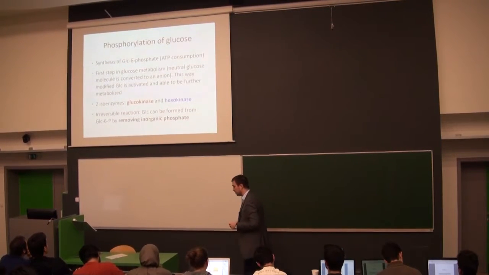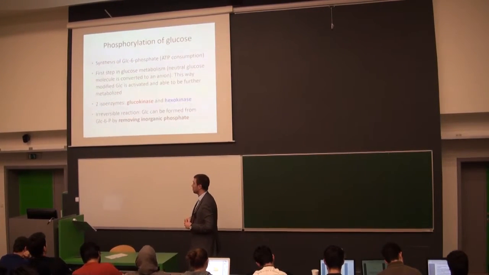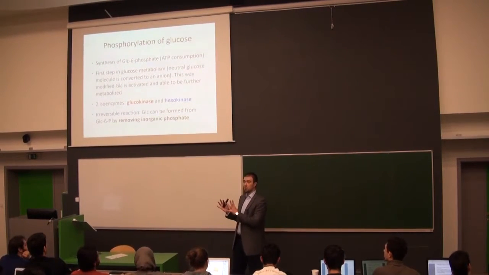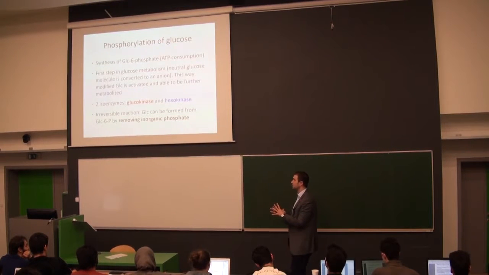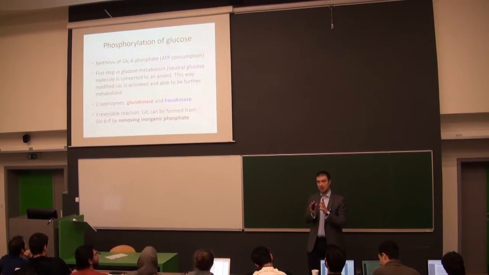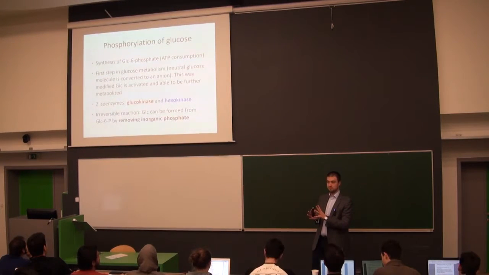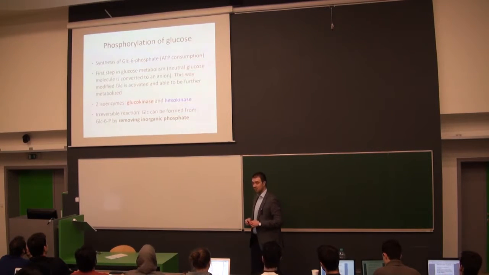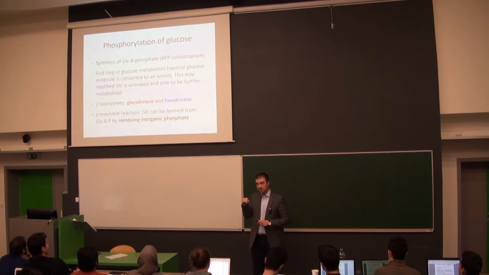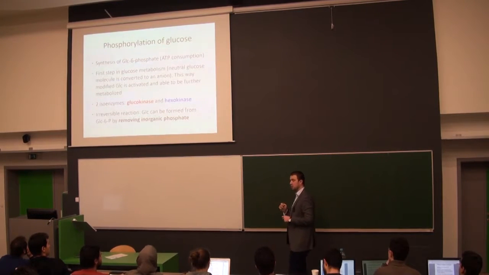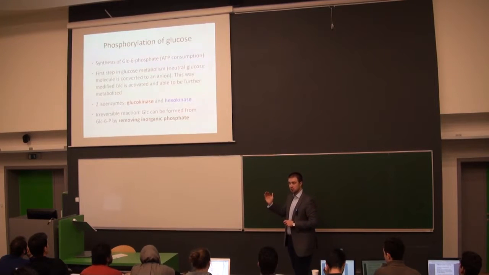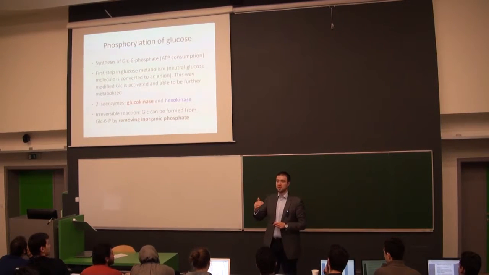If you want to phosphorylate glucose, the whole story here is quite simple. You have neutral glucose, you want to produce glucose 6-phosphate, therefore you need an enzyme called kinase, and you need ATP. When you produce glucose 6-phosphate, this glucose is activated, and it's the breaking point to several pathways: to glycolysis, to the pentose phosphate pathway, or to the synthesis of glycogen.